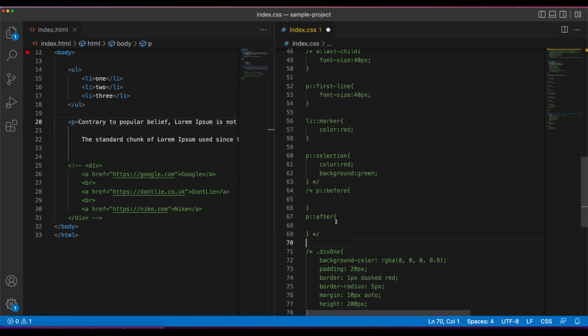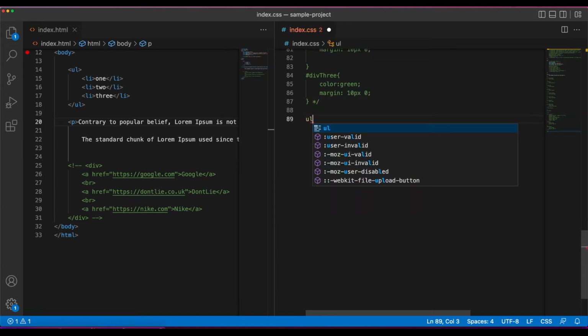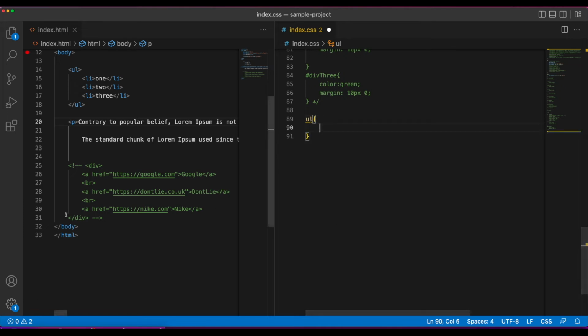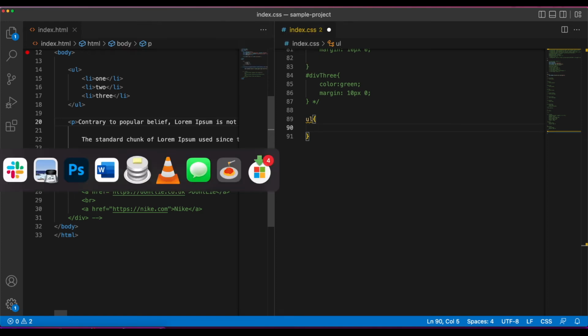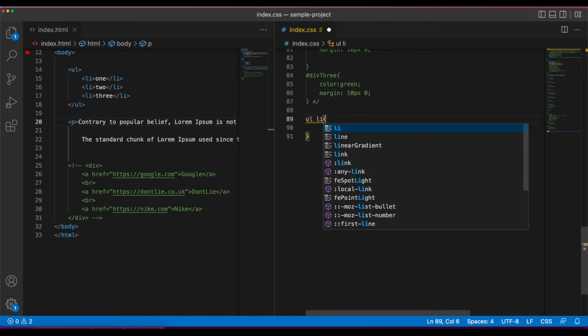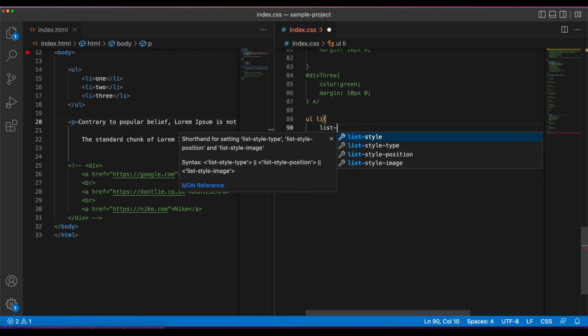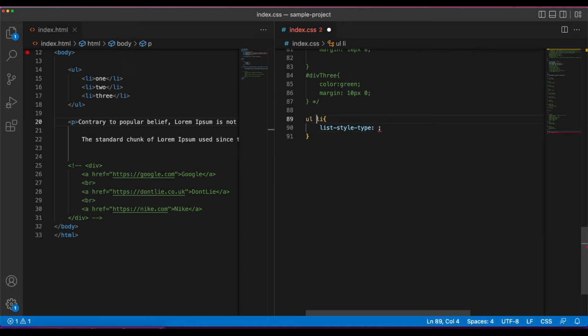If you wanted to select the UL, let's go to the bottom of the page and add the UL again. And we want to be able to customize the bullets. One way we can do that is to use something called list style type. And the way you would do that is you would select the LIs and you would update the list style type. So let me just remove the UL and